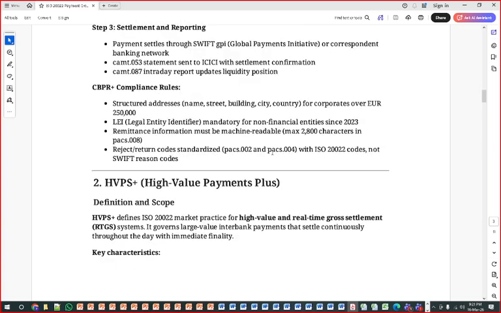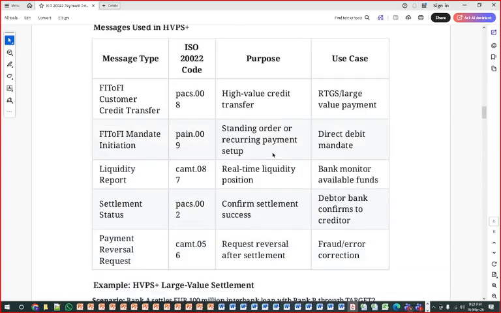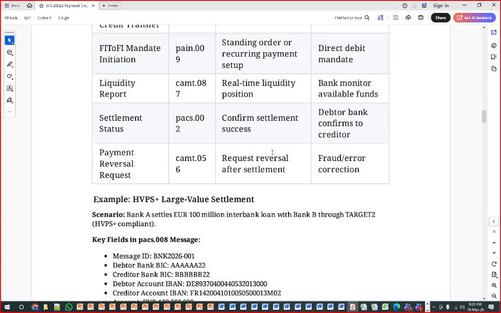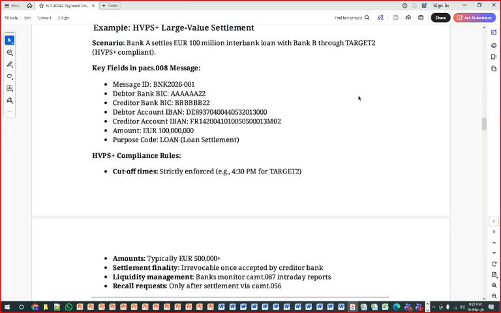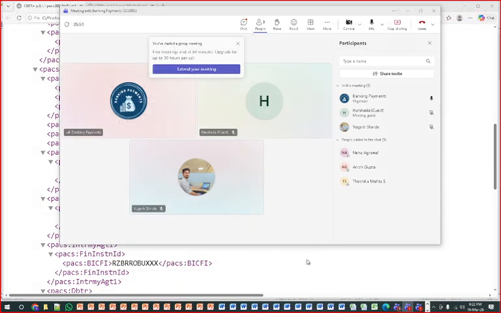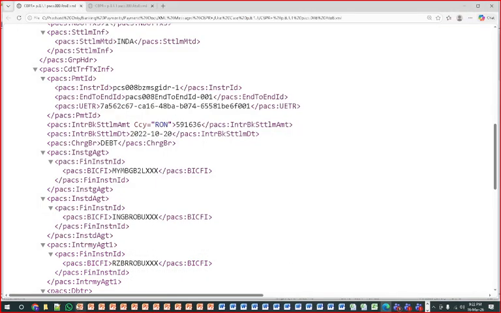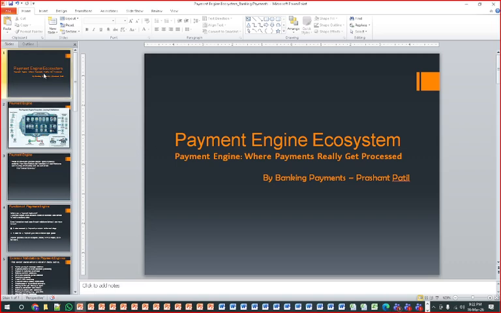Those presentations have also been prepared. I'm going to discuss those presentations with you in detail when we are working on that area: high value payment, low value payment, all these things. Okay, so these are the PDFs which I have just completed. Now I am coming to the PowerPoint presentations which I prepared.